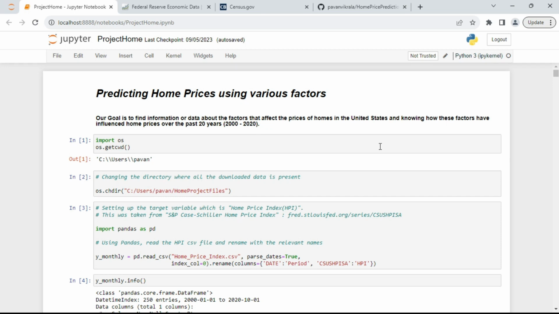Hello guys, welcome to my new project, which is predicting home prices using various factors. In this project our goal is to find out the information or data about the factors that affect the prices of homes in the United States and how these factors have influenced home prices over the past 20